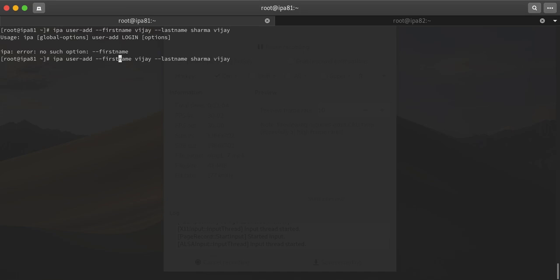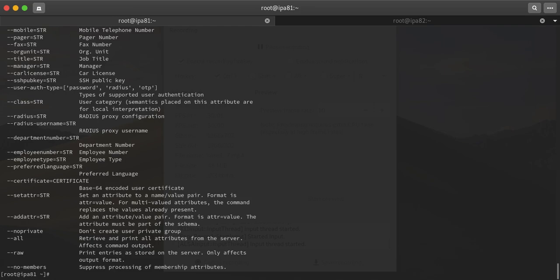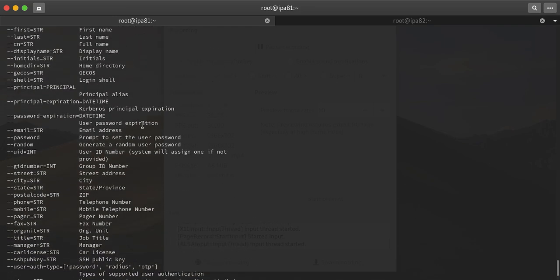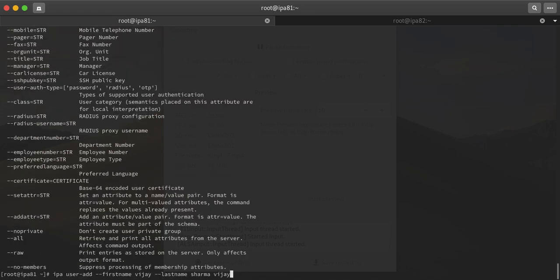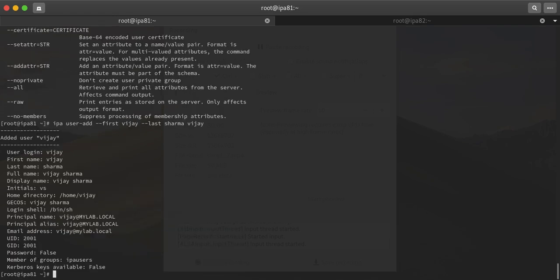Sorry, okay, what is the option? You can always take help. So first and last are for the first and last name. Alright, so the user has been created, and you can see it is showing a brief about the user,